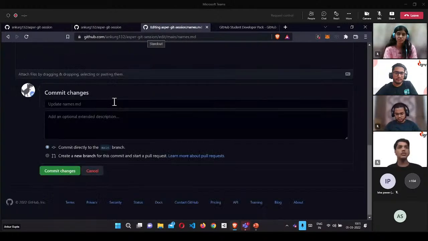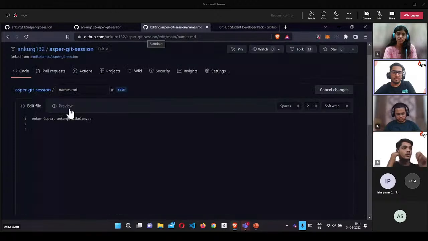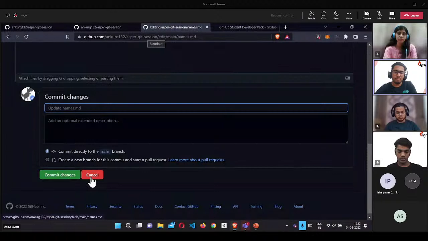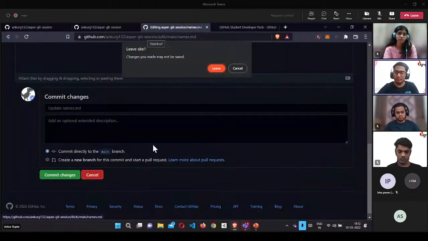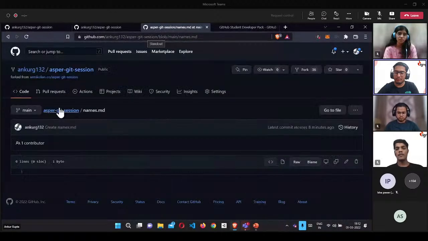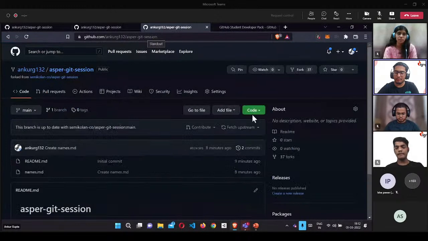So I'll just make a name. I'll make a commit, and I can click on this commit changes to directly make a change in my forked repository. But what we'll be doing right now is we'll be doing it properly. We'll be cloning the repository, and then we'll do it. But just to show you that it can be done through this also.